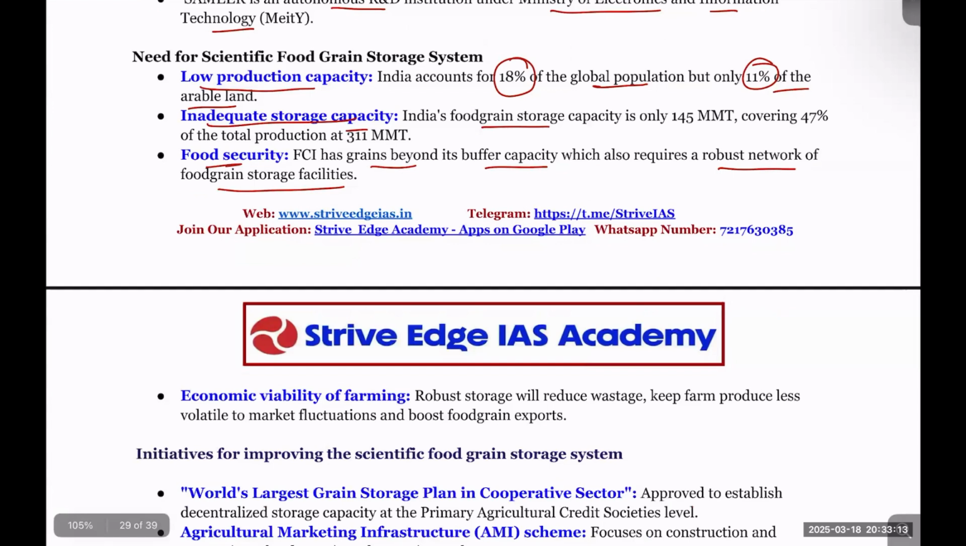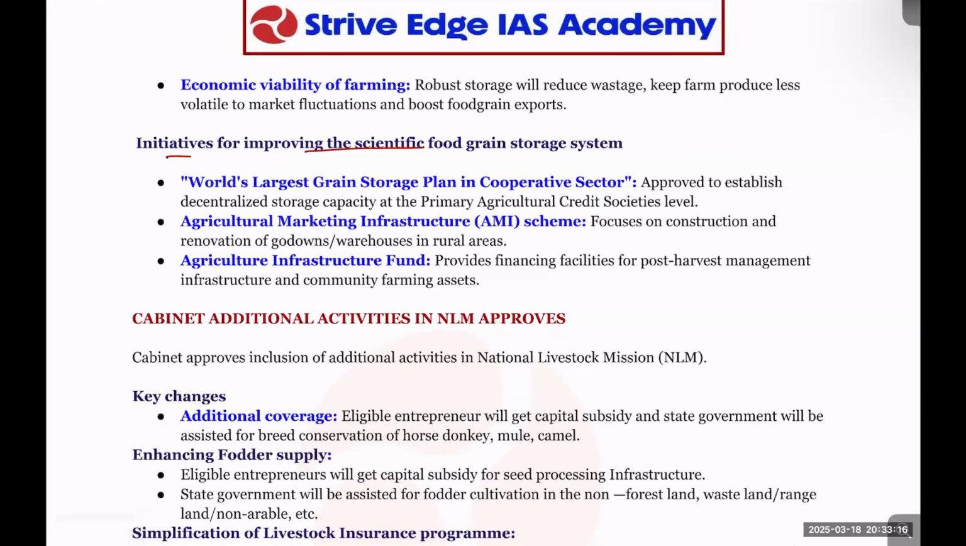Now, next thing that we should talk about is the initiative for improving the scientific food grain storage system. What are the initiatives that have been taken? World's largest grain storage plan for cooperative sector has been launched by India, in which decentralized storage will be done by incorporating the primary agriculture credit society level. Right, agriculture marketing infrastructure scheme has been launched, which focuses on construction and renovation of godowns and warehouses. Agriculture Infrastructure Fund has been launched, which provides facility for post-harvest management. So these are some of the initiatives that have been taken in order to increase the scientific storage of the